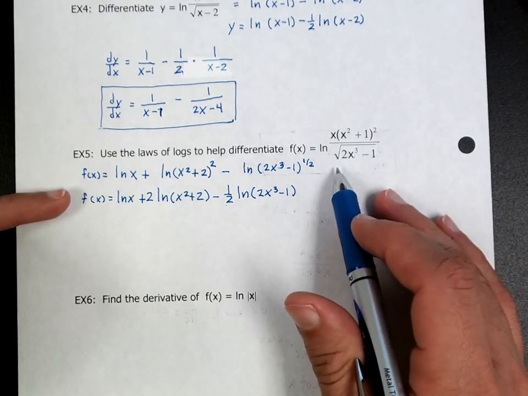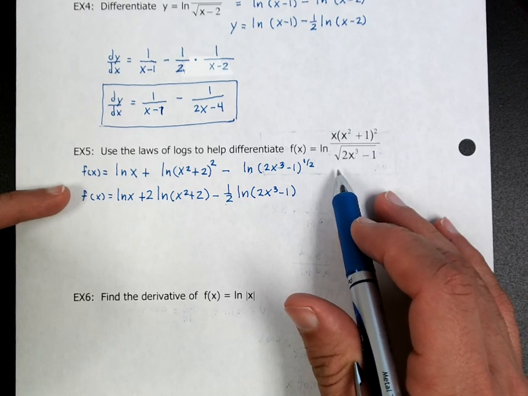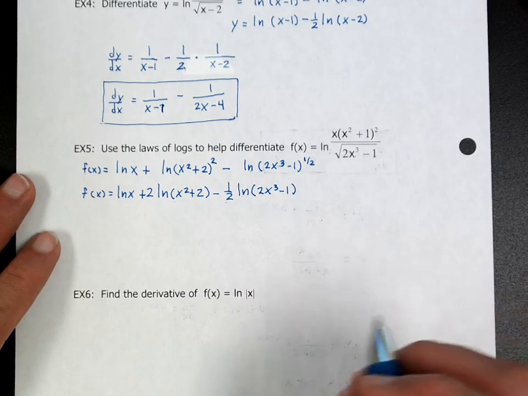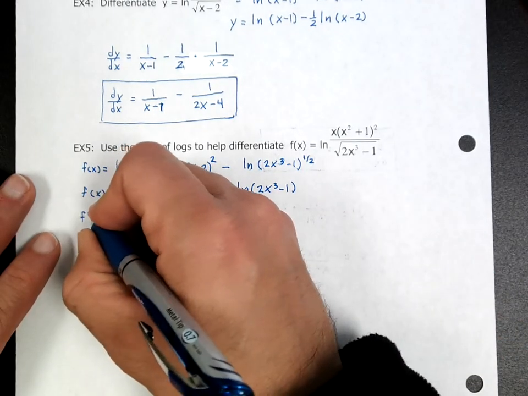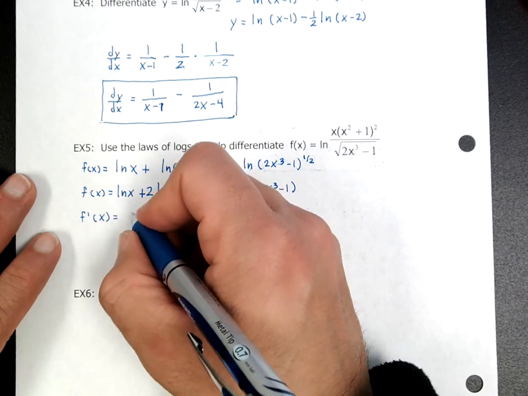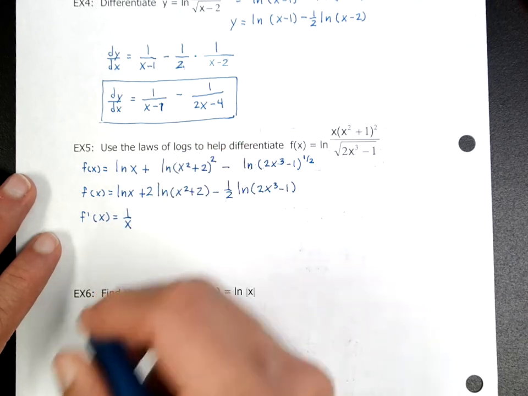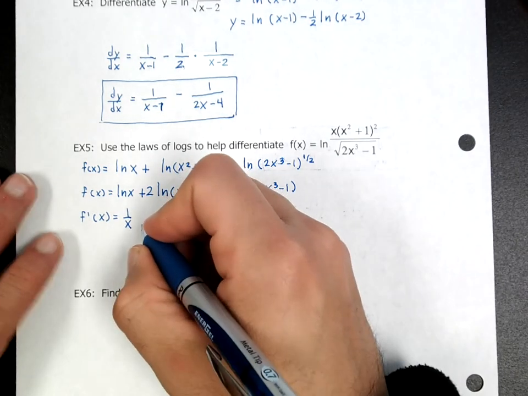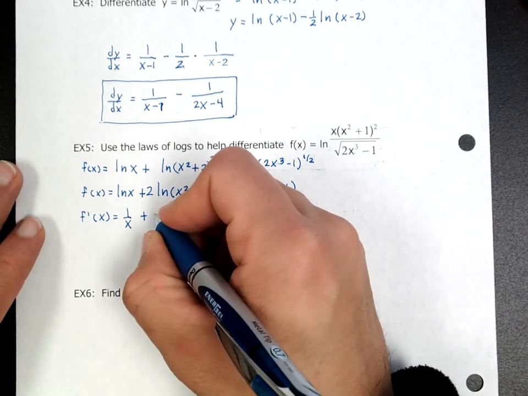So now that I'm in the most simplified version that I can think of, I can take the derivative, and the derivative is going to be much easier. So the derivative of the natural log of x would be 1 over x times the derivative of x. The derivative of x is 1, so I could write times 1, but I'm not going to write it. And then plus 2